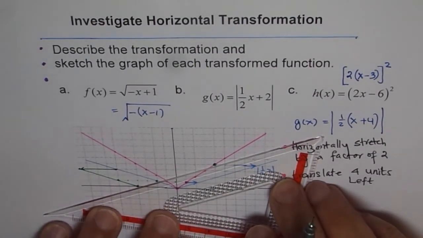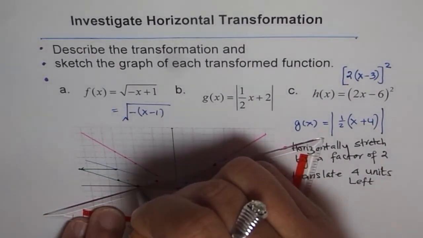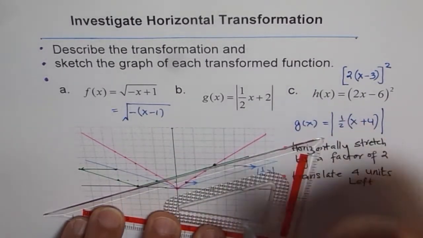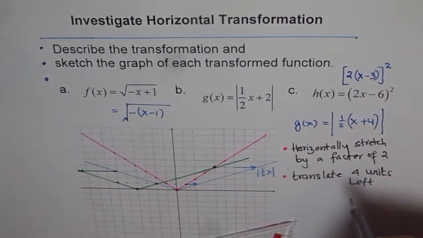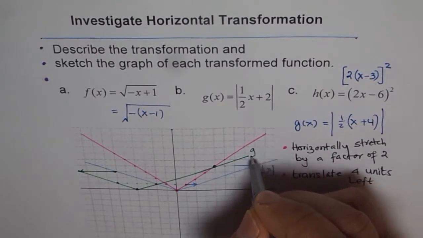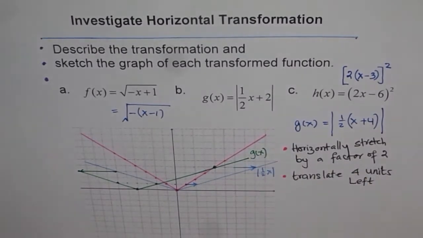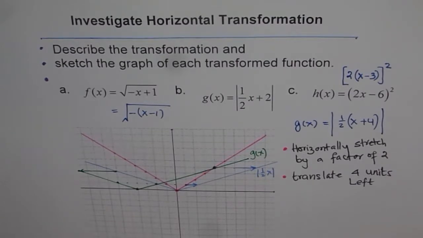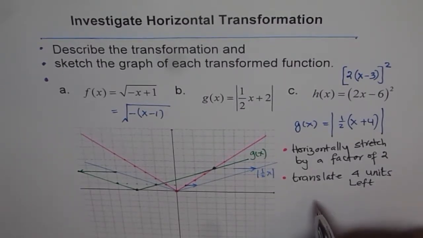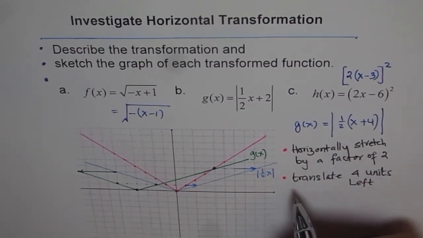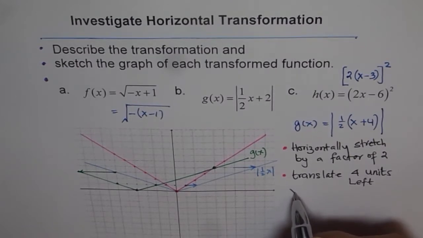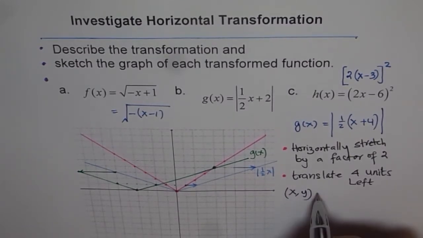So graphical solution is actually the best option here. It's a very good option for any graph for that matter. So now we get our function, which is g of x. Do you see that? So that is how we can get g of x. Now as a test, what you should do is check with your points. So the original points on the function are, as you can see, the transformation here is from xy to